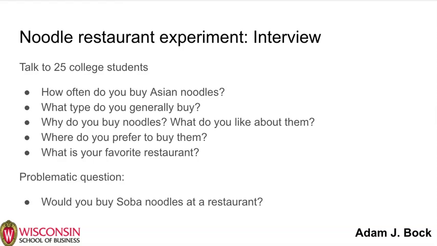We have decided that we're gonna abandon soba for the moment, and we're going to go to, say, UT Austin and talk to 25 college students. I don't know exactly how you might choose to do that. You could probably just put up a little table in the middle of one of the high traffic areas and simply speak to people. Perhaps you have direct connections. You could try to do an online survey, but be careful about the data from online surveys.